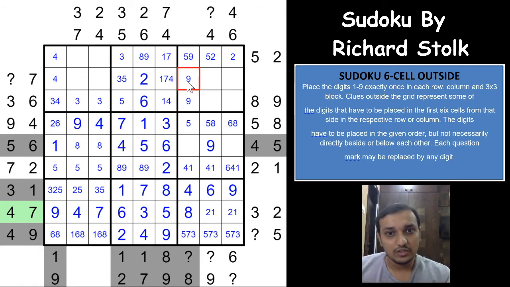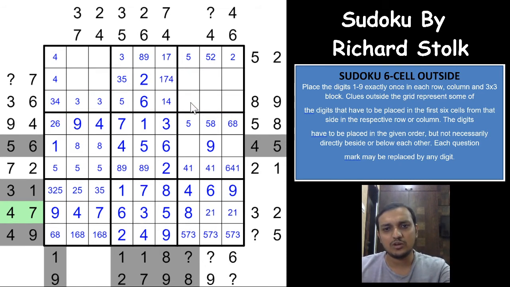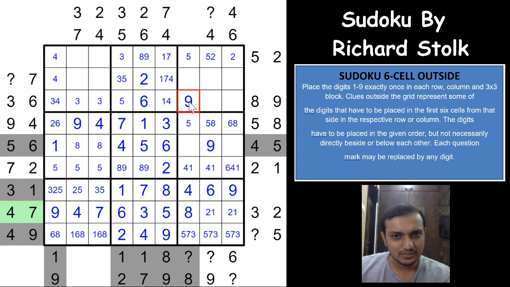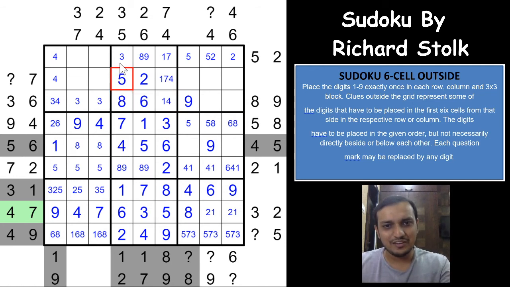Oh, that's nice. You cannot have a 9 here because after the 9 you need to have an 8. A 9 cannot be here because of the triplet here, so 9 will have to be in one of these three cells. But you already marked a 9 here in these three cells, so the common cell is this cell, and this cell would have to be a 9 now. That's nice. And after the 9 you need to have an 8, right? So after the 9 you need to have an 8 and it cannot be in these three cells, so this cell would have to be 8. That's an excellent logic, guys. What an excellent logic. So this becomes a 5, this becomes a 3, this becomes a 9, and this becomes an 8 and a 9 here.